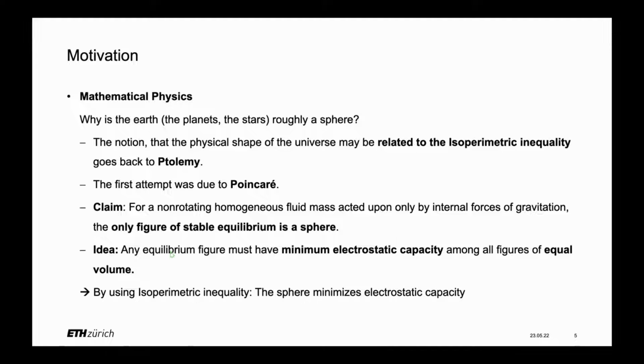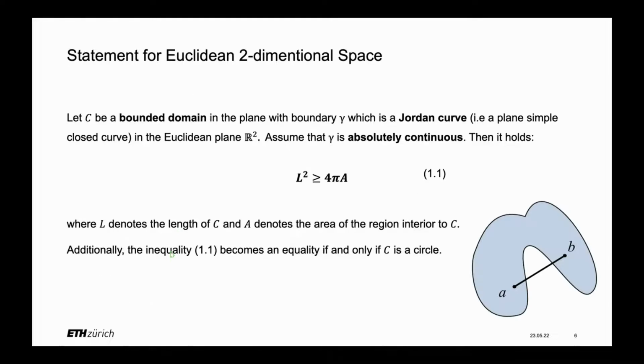The idea behind how he tried to show that was that any equilibrium figure must have minimum electrostatic capacity among all figures of equal volume. So how do we show that? Poincaré used, of course, isoperimetric inequalities to show that the sphere is exactly this figure, which minimizes the electrostatic capacity. So now, first of all, let's have a look at the statement for the Euclidean two-dimensional space, which